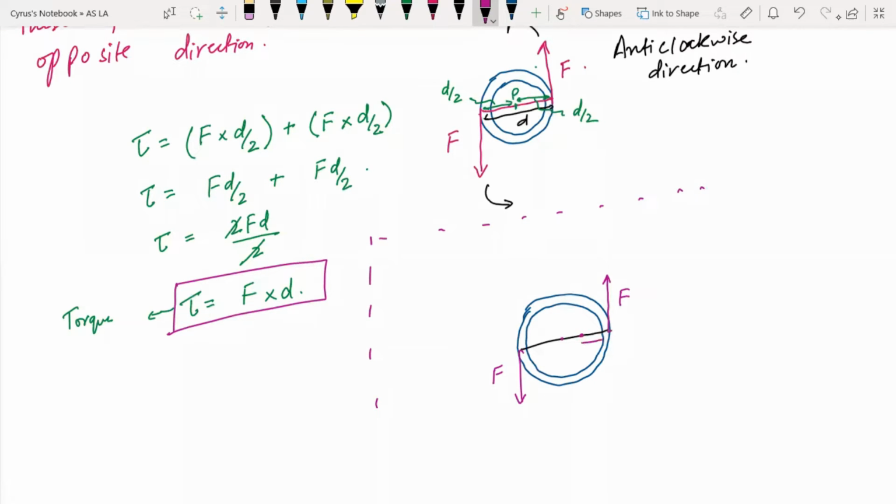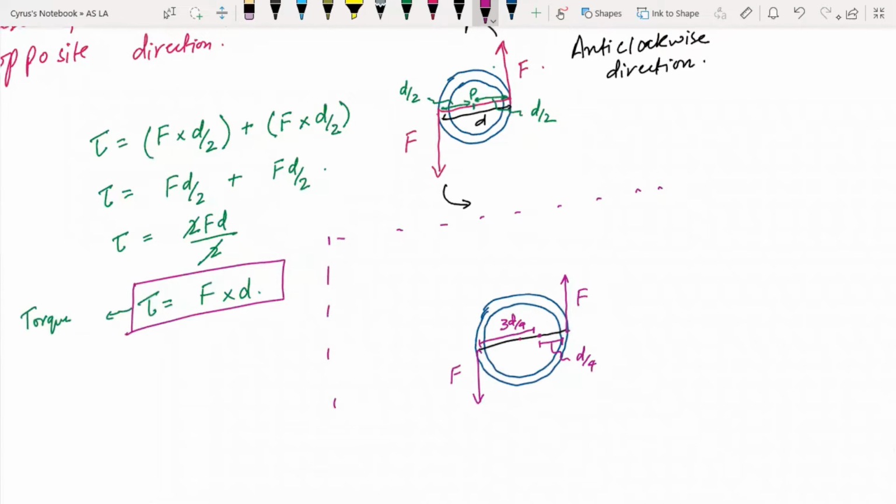So this distance for example is d by 4 and for example this distance is now 3d by 4. ये d by 4 है और ये 3d by 4 है, क्योंकि टोटल डिस्टेंस d है, ठीक है। ये डिस्टेंस आपका पिवट से d by 4 है और ये डिस्टेंस आपके पास 3d by 4 है।